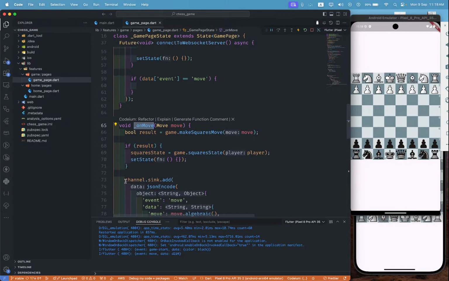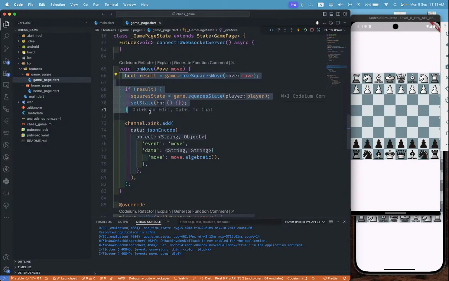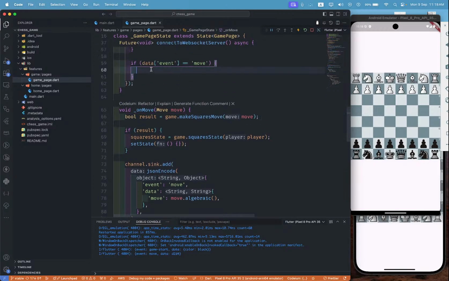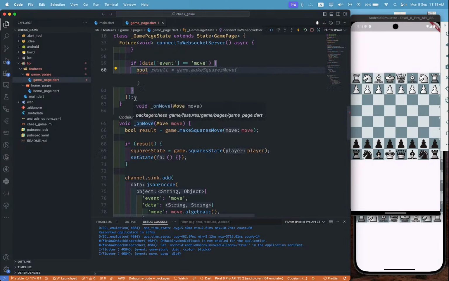No, we want to call this function, right? We want to make squares flow, and so let's just see. This will definitely